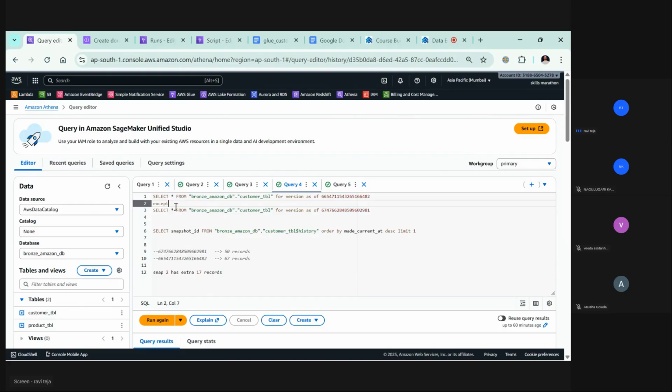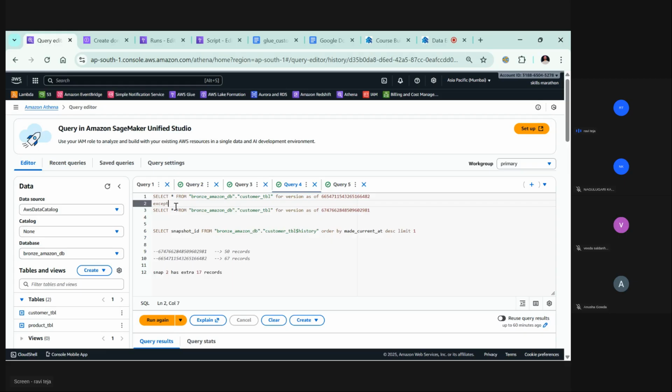Fine, but is it really correct? No, because I already processed the 67 records. Currently, there is no CDC data. That means my silver job is supposed to run without processing any records, because there are only 67 records which I already processed. Now, if I go and see this table, I need to find that there are no records to process. How can I tell my glue job that you do not need to process this table now because there is no CDC data?